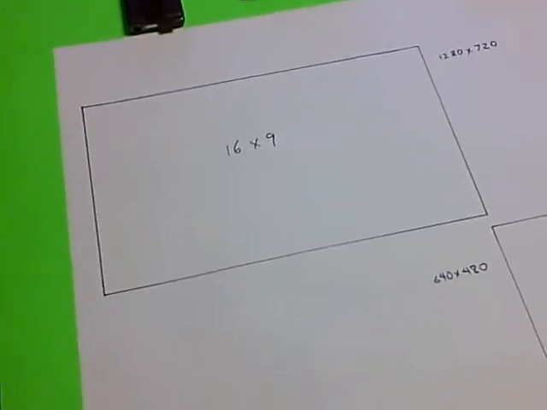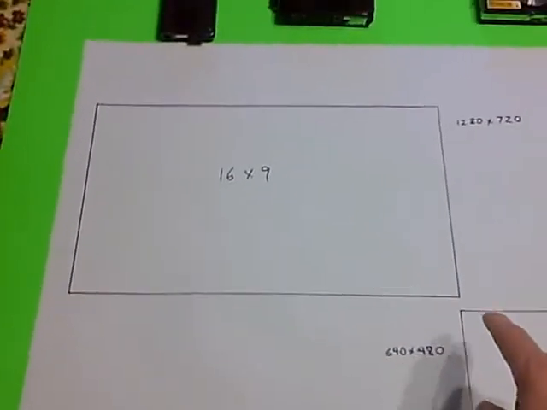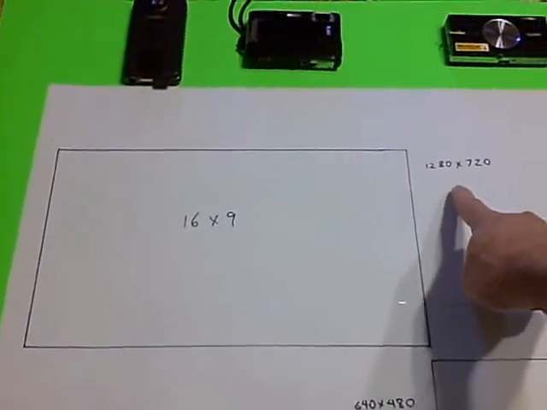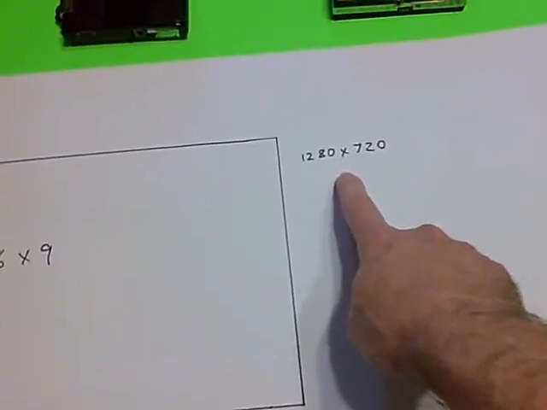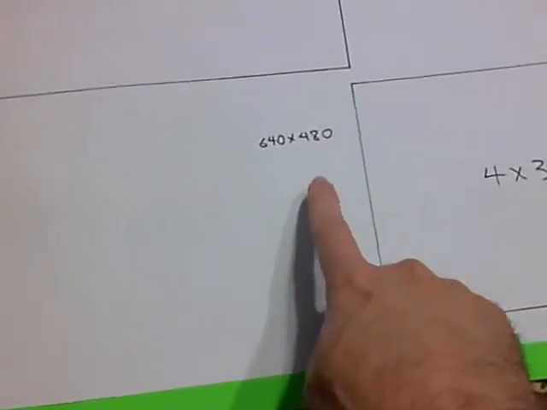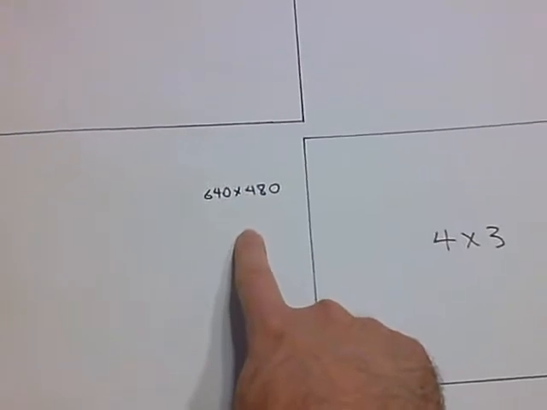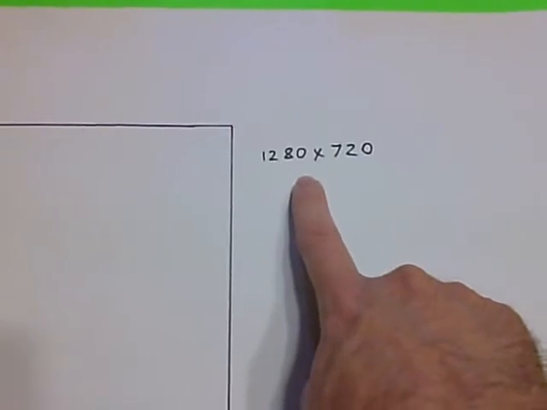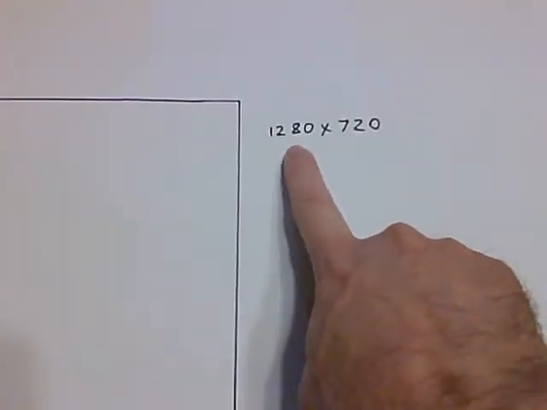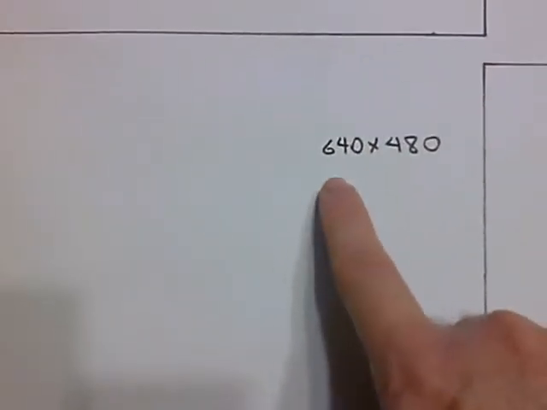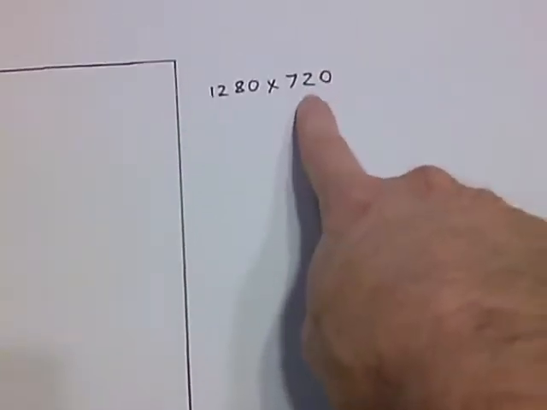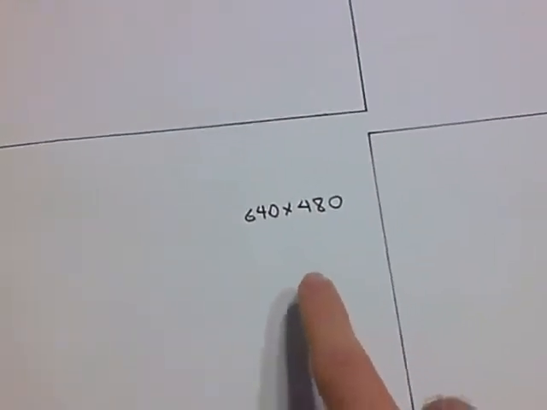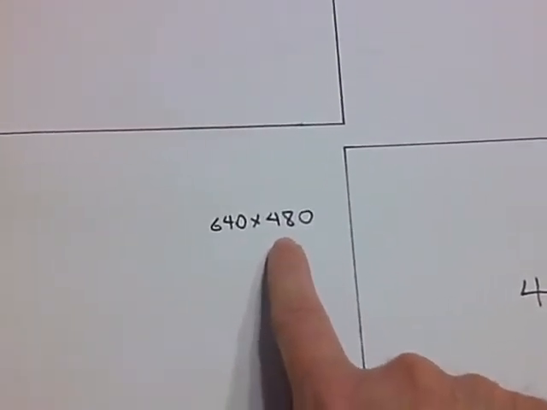I just drew this out with magic marker on a poster board to show you. This is the basic size right now that YouTube is using, although I guess they're upgrading now, but this is the basic size, 1280 by 720. And this is the ratio for VGA, 640 by 480. Now if you notice by the sizes here, this number 1280, if you take that and cut it in half, you've got 640, the same as this one right here. And you take the 720 and cut it in half and you have 360. So that's telling you what you want to do with a VGA is take the 640 by 480 and make it into 640 by 360,